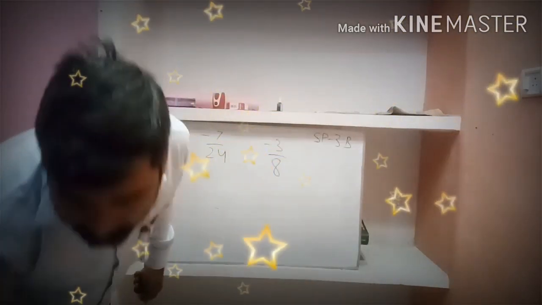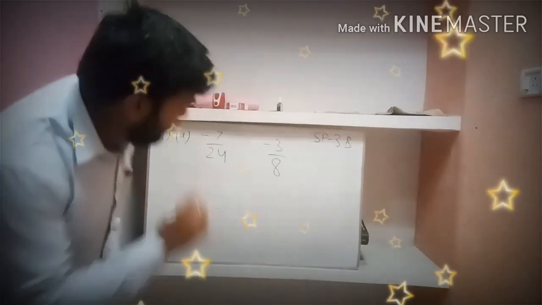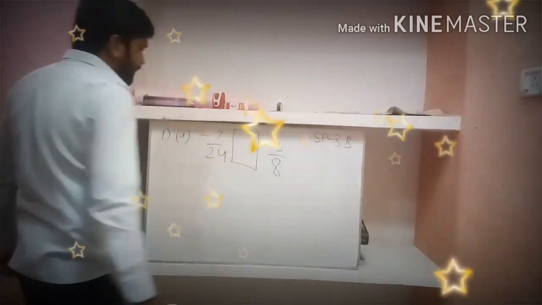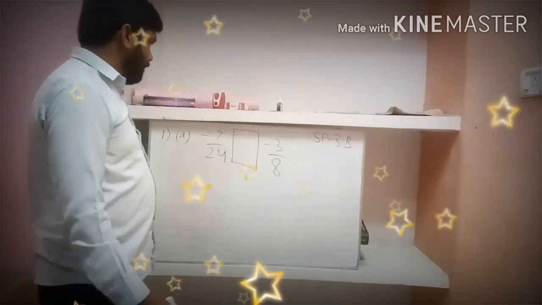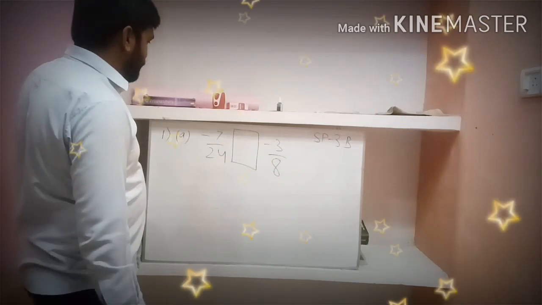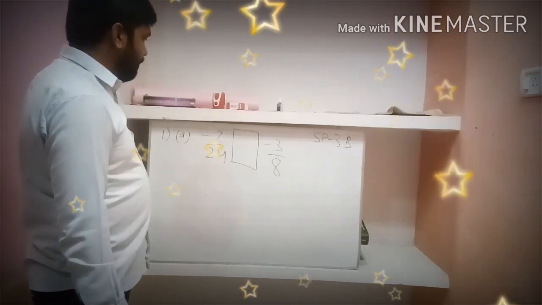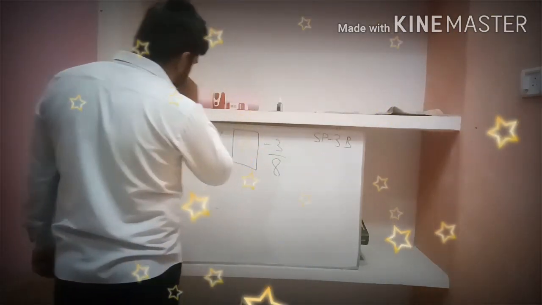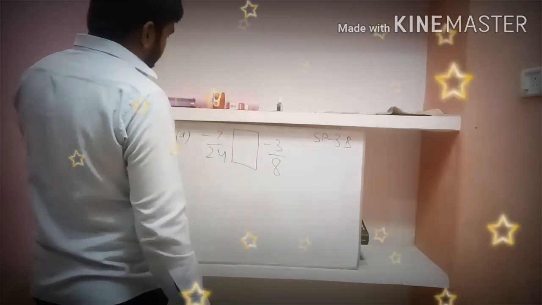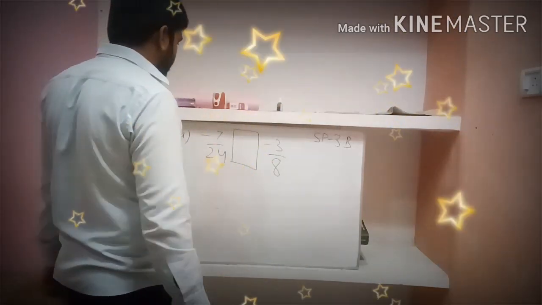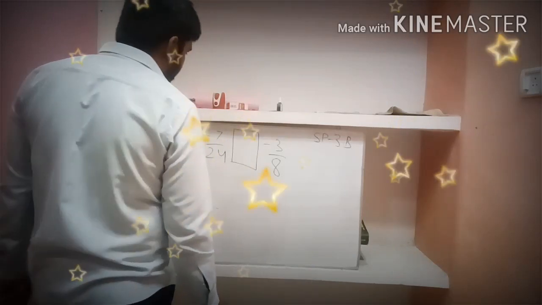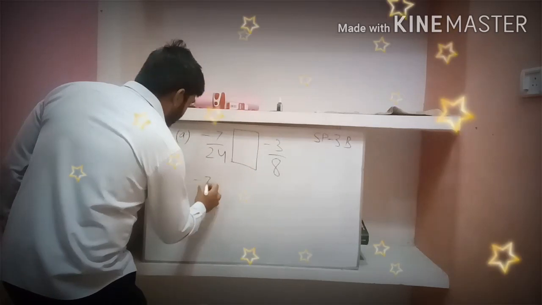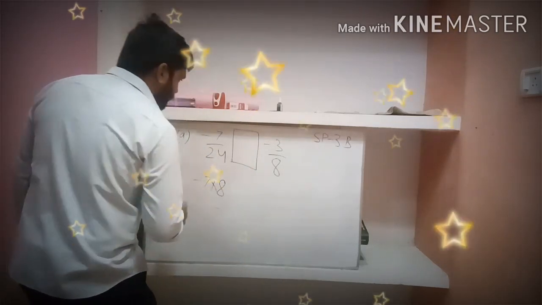So what we have? Minus 7 by 24 and minus 3 by 8. So here we have to fill the sign of inequality, whether it is greater than, less than or equals to. So how we will do that? Minus 7 by 24 and minus 3 by 8. In two fractions, you have to find the cross product only. And both are negative also. So in the case both are negative, you have to do the comparison, see the product what you got, do the cross multiply. Minus 7 multiply 8 here.